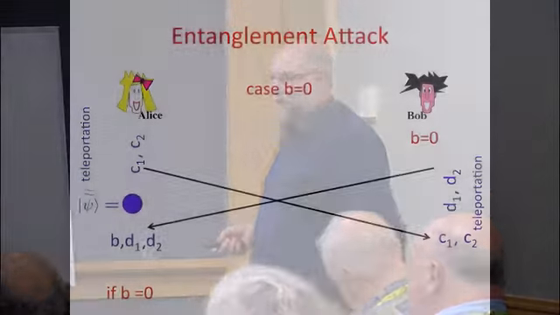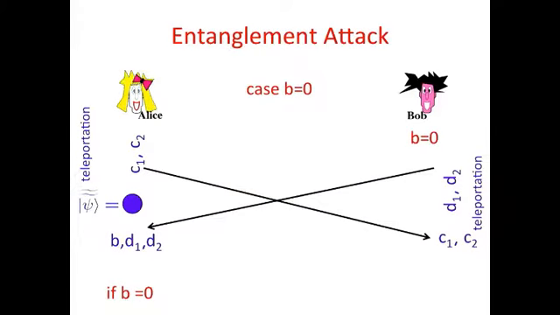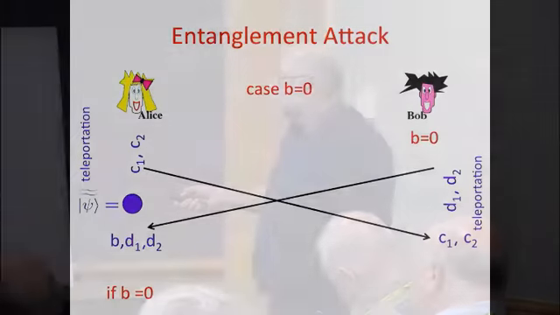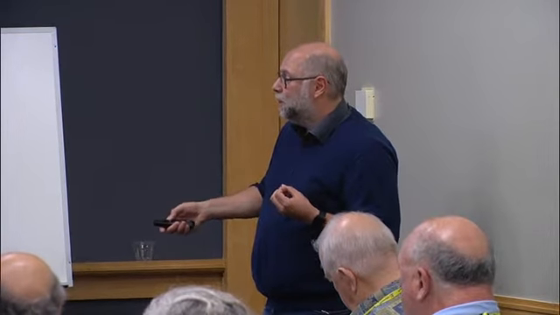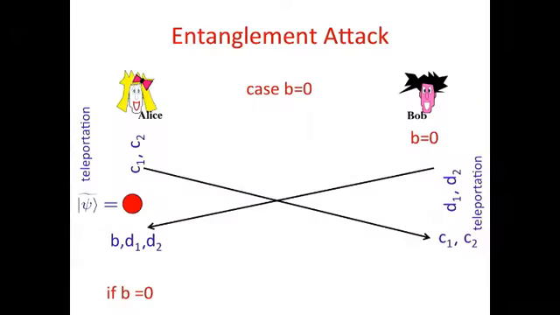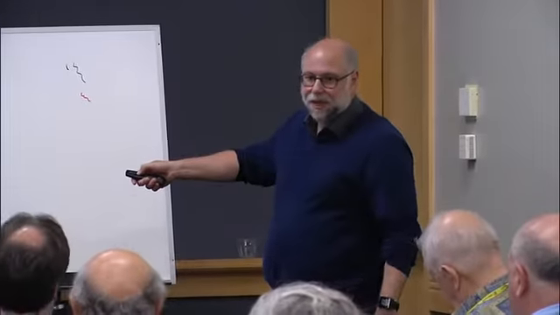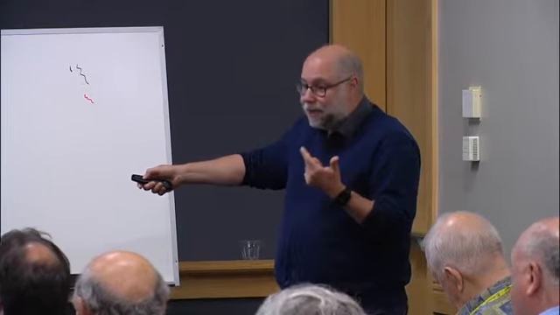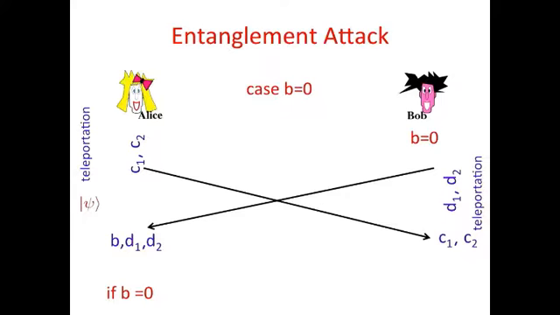And then, when they've done this, they send to each other their keys and the fact that the bit is 0. And now Alice, who knows that she has to output the qubit, can first undo the teleportation error introduced by Bob to get back her own state. And of course, because she knows how to undo her own teleportation error, because that was classical information that she could have copied, she can undo it again and produce psi. So this works, and it's a bit counterintuitive, but it works.